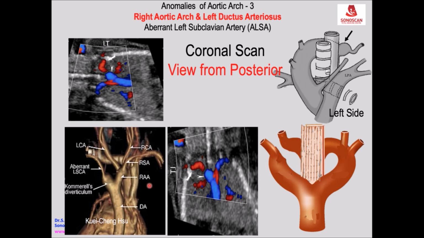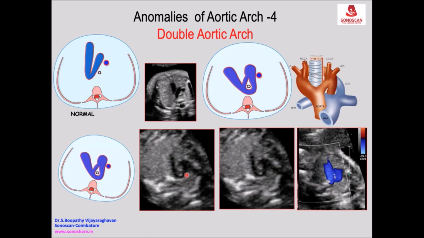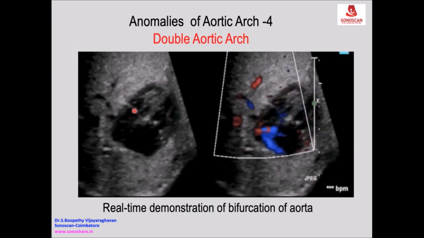Postnatal angio in a patient with this condition, and I have rotated this image to see the right ductal arch alone regresses. So the aortic arch on both sides persist. So when you take a section, what happens is we get what is called the zigzag sign. So that is the zigzag sign because of the bifurcation of the artery.